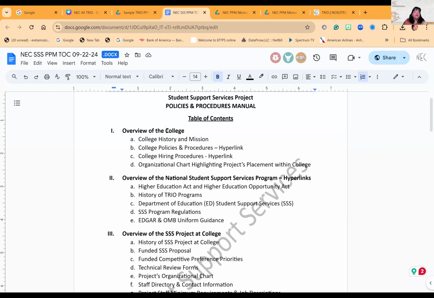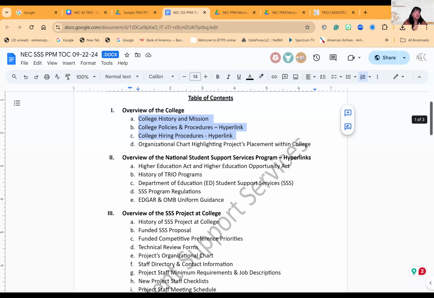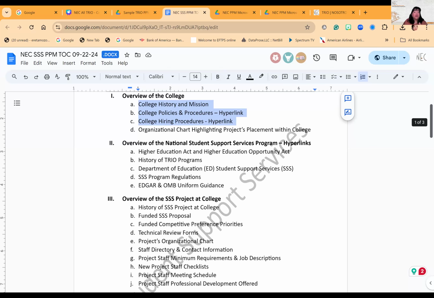Yes. Thanks. Okay, so overview of college, or obviously all SSS programs are with a college. So if this was for Talent Search or EOC or Upward Bound, you would see agency or college, but this is for SSS, so they have to be at a college. And I forgot to put hyperlink. So these things could be hyperlinked to your institution's webpage that already talks about these items. So it could be a combination of hyperlinks. You don't have to, or you could copy and paste the narrative here, or do both if you wanted to.